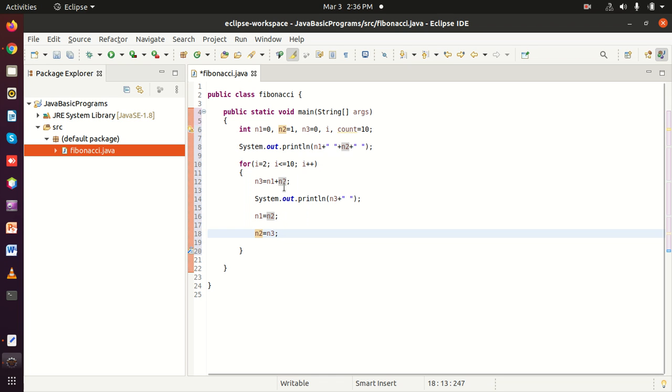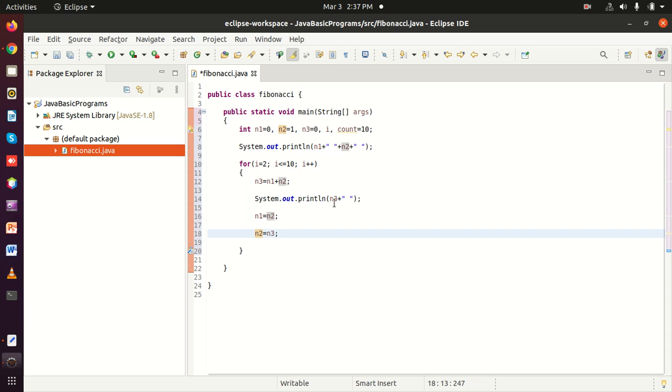That means the value of n3 will be the summation of the previous two numbers, and after initialization of the value in variable n3, now I am going to print that value. So n3 is going to be printed on the screen.